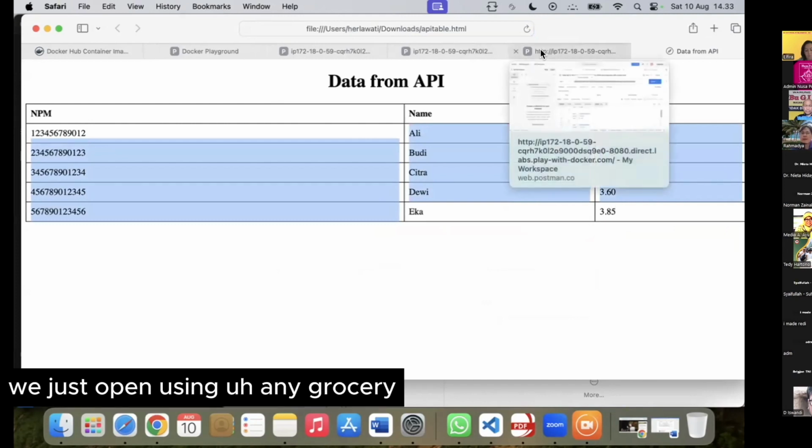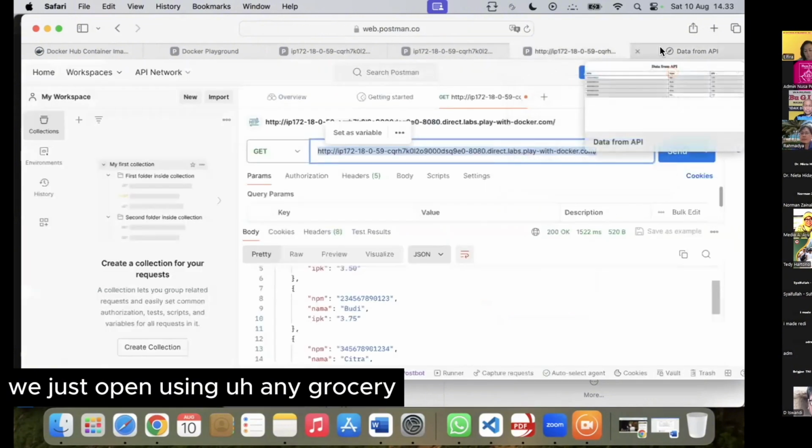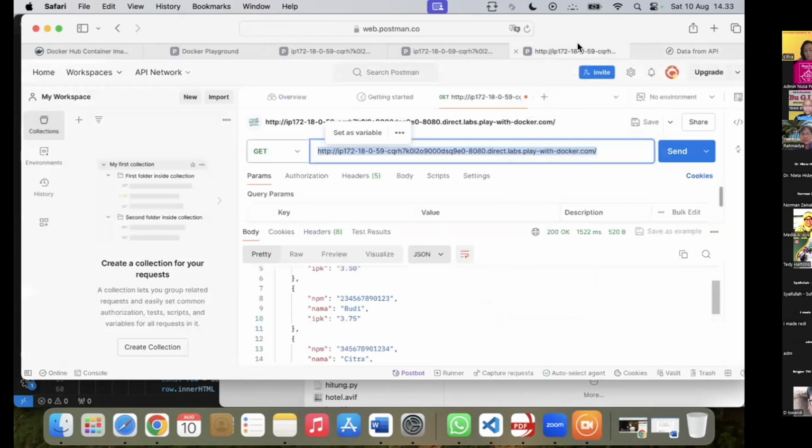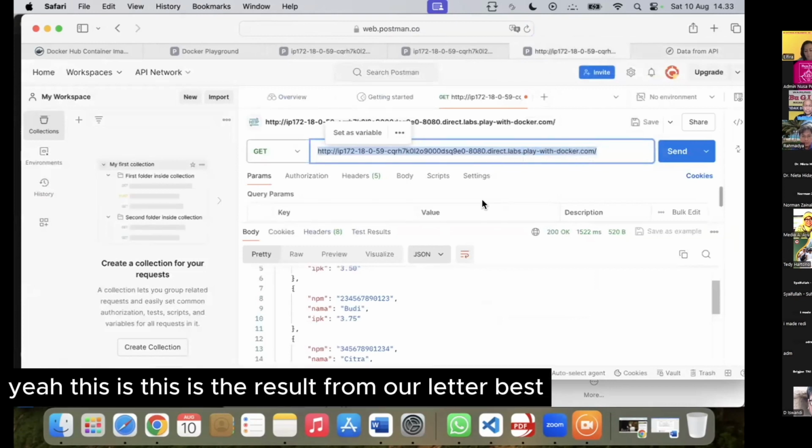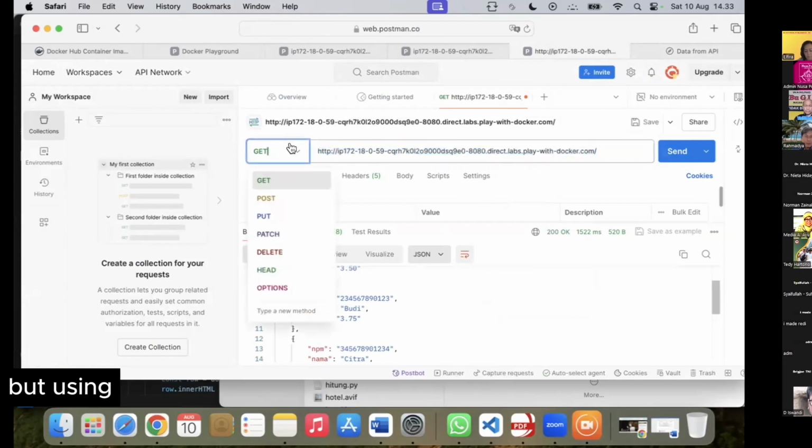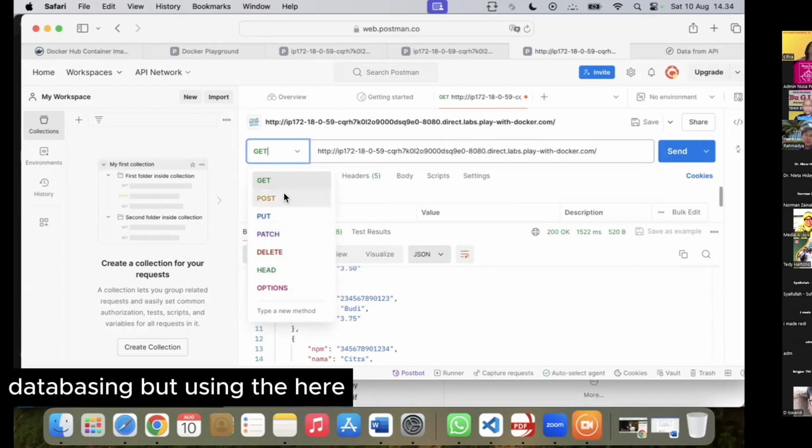We just open it using any browser. Yeah, this is the result from our database, but not directly to the database, but using the API here.